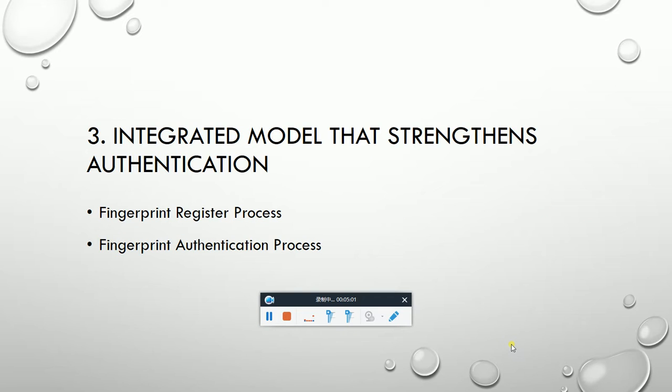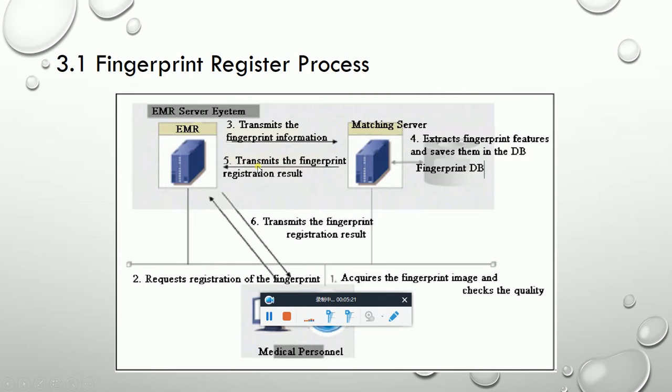The next section of this research is about the model of the fingerprint system. This system needs two processes: the fingerprint register process and the fingerprint authentication process. First is the fingerprint register process, and